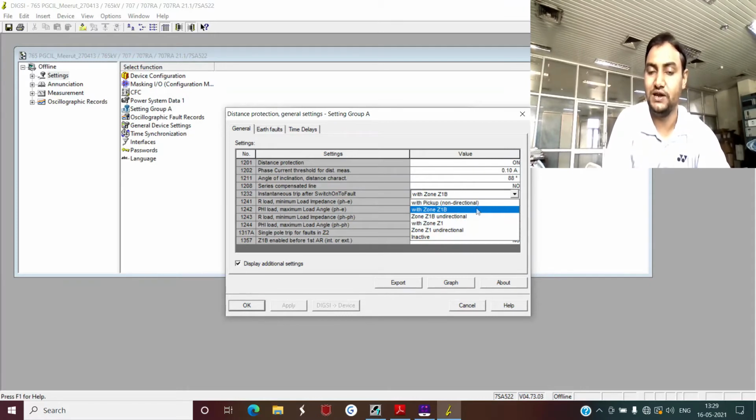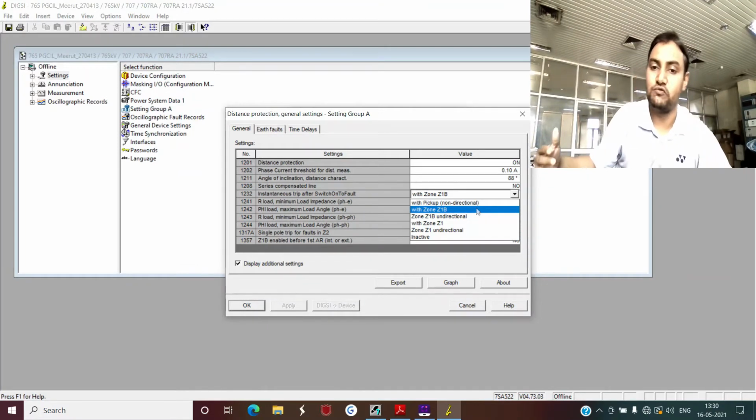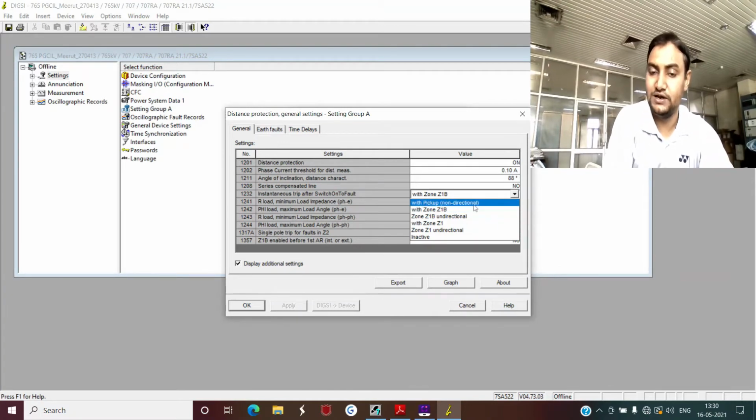Once you are closing your breaker, suppose on closing it detects a current magnitude higher than your relay setting, then it will directly issue a trip command regardless of where that fault is. That fault might be on some other lines, or that fault might be behind your transmission line, and then also this relay will operate incorrectly. So it is better not to select this setting as with pickup.